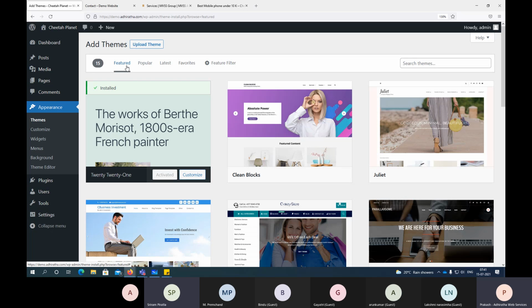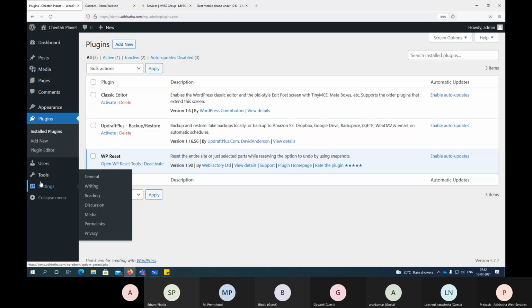I'm having one doubt. Yes, Sriram. Actually, we added one plugin for backup, and at that time we had one backup file. When you deleted that plugin, will the backup be there or will it be gone? Okay, so there are two things, Sriram. One is backing up in the local folder structure. Yesterday, what we did is we saved the backup into our local system only.